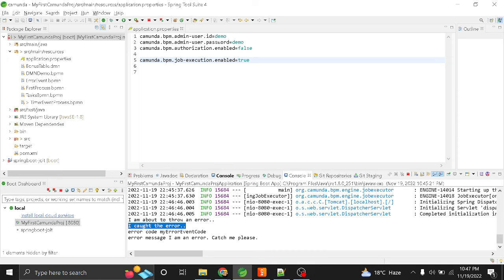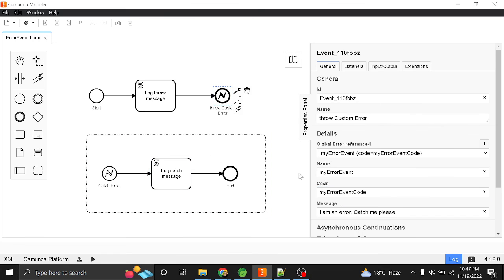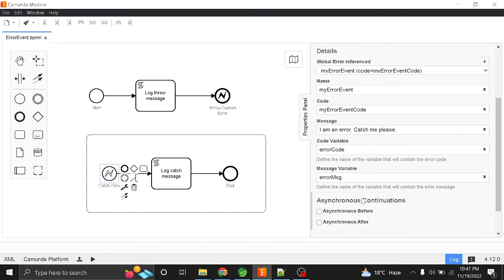Now we are printing the error code and error message, and this error message is nothing but the values we are sending from here. These errors can be business errors. In our case I have created a business error, so you can provide any name. This can be a technical error as well, and you need to catch this specific error and bind it to some variable here. That way we can use the error event functionality in Camunda.